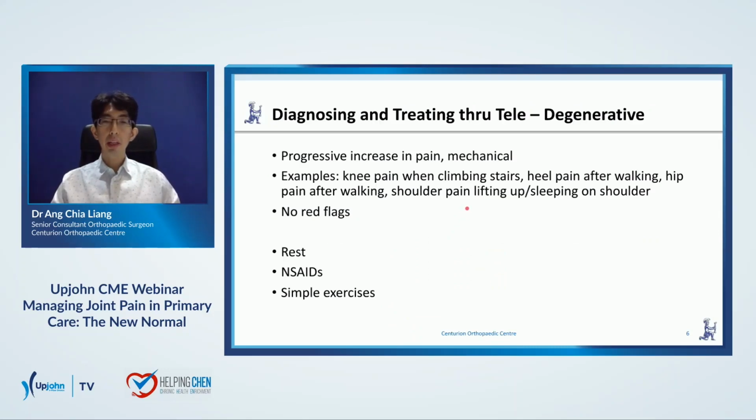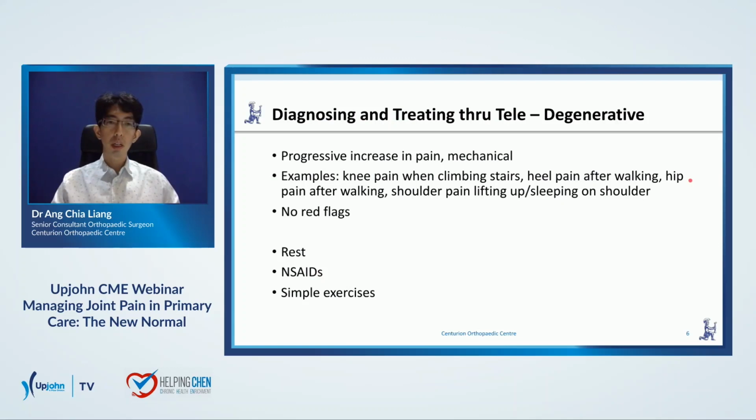Now, at primary care, the other main group of problems that we see is degenerative. And again, this should be quite easily diagnosed. Usually, patients have progressive increase in pain and it's mechanical. The very common examples are these: knee pain when climbing stairs, heel pain after walking, so for example, plantar fasciitis